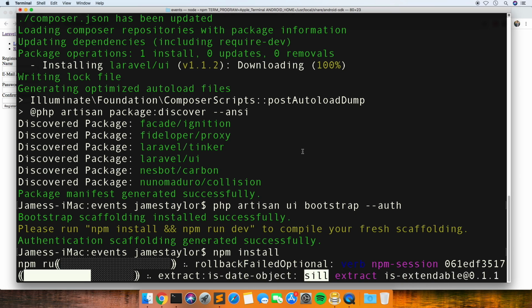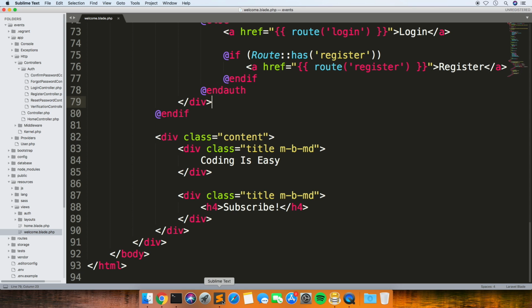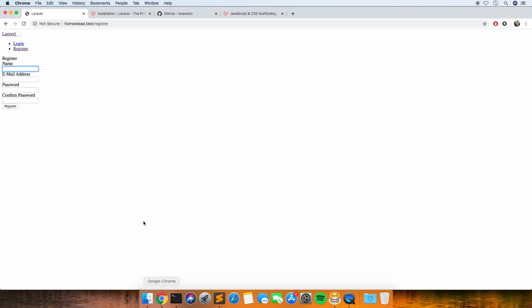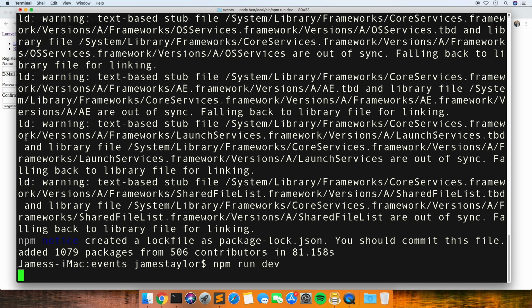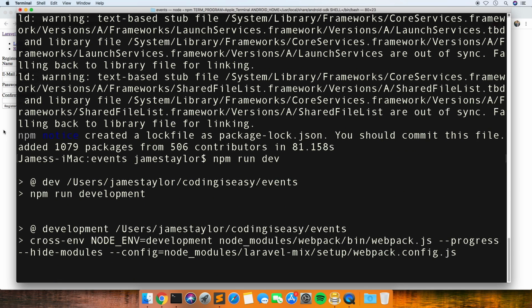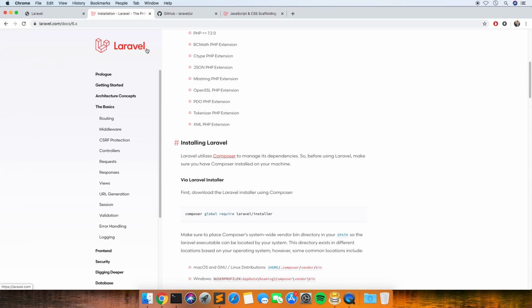So while that's finishing installing, what we want to do next is create an event so that when a user is generated anywhere on the site, it triggers a listener, which we can just write once and then we can reuse that anywhere in the site. Let's see if this looks okay. So let's just have a look at the documentation.